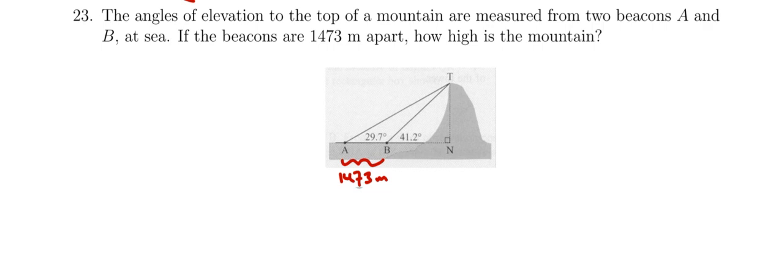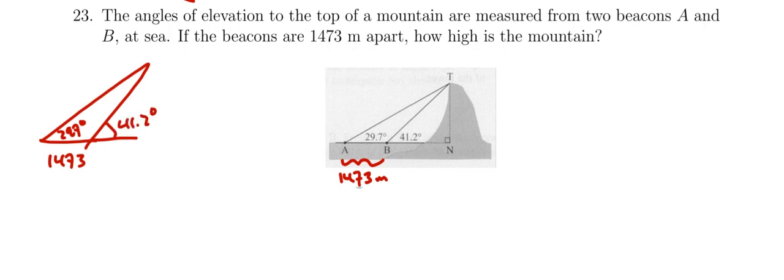Well, the first thing I want to look at here is the triangle that I've got the most information about, and that's the triangle ABT, which is going to look something like this. So this is 1473. This angle here is 29.7 degrees. Now, I know that this angle out here is 41.2 degrees. Now, together with this angle, that's going to be